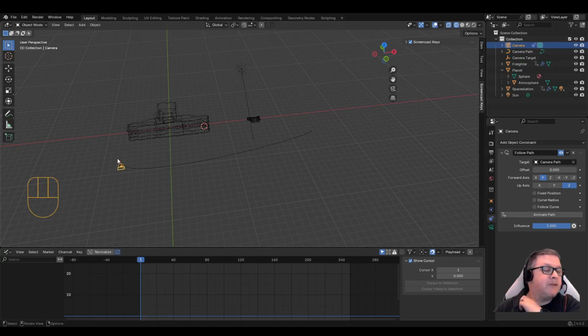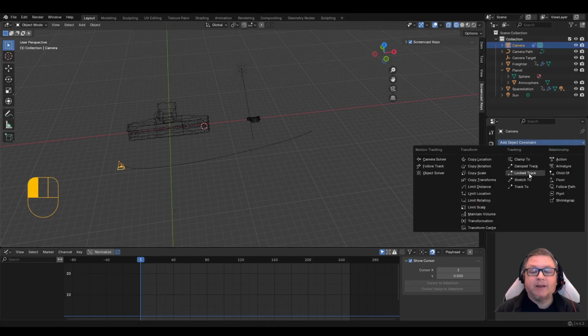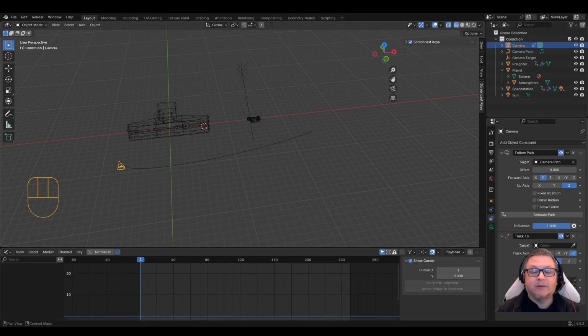But the camera is just looking straight down at the moment, so how do we get it to look where we want it to look? Well, we do that by adding a track to constraint as well. And in this case we'll pick our camera target. And now just watch as we move this along this path, it's always going to stay focused on the camera target. But we can also animate the camera target over time, so we can look at different things at different moments. So I'm going to set this to -100,